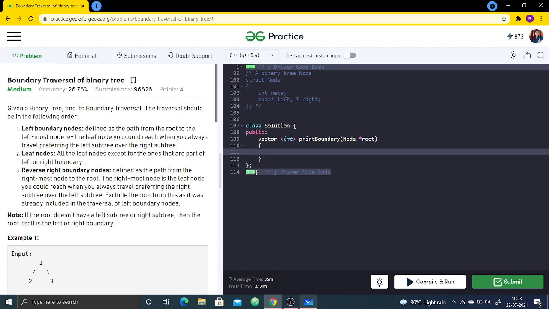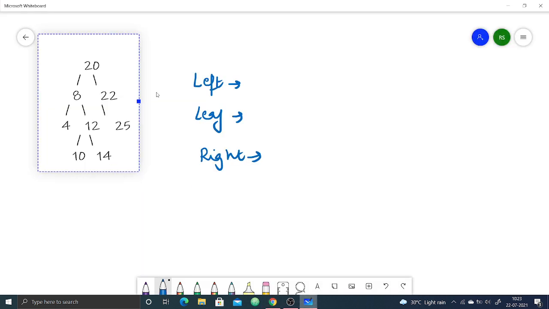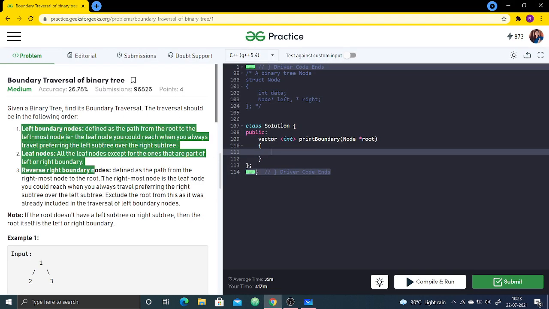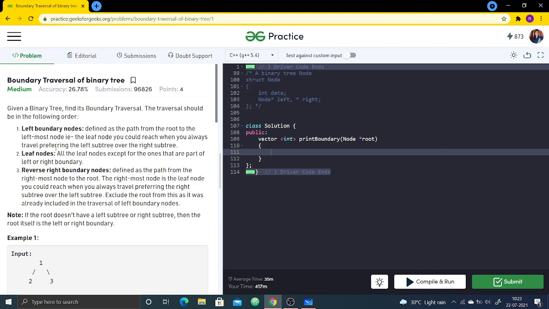Now see what boundary traversal is. So what is the boundary? 25, 22, all are part of the boundary of this tree. And we want to do the traversal of the boundary, but the order is already given to us. That is, we first want to traverse the left boundary nodes, then the leaf nodes, and then the reverse right boundary nodes.